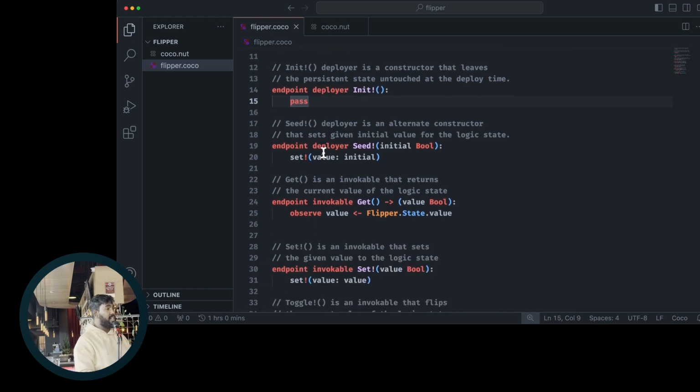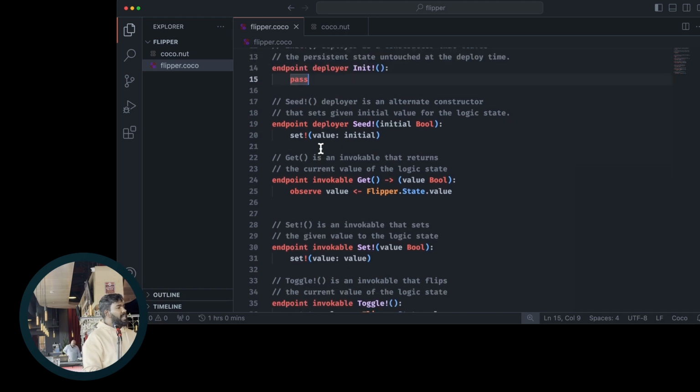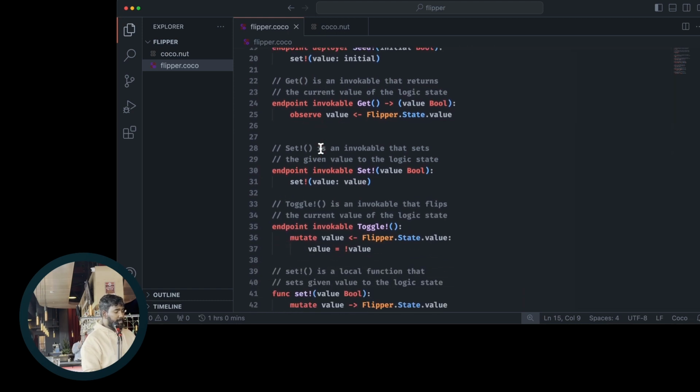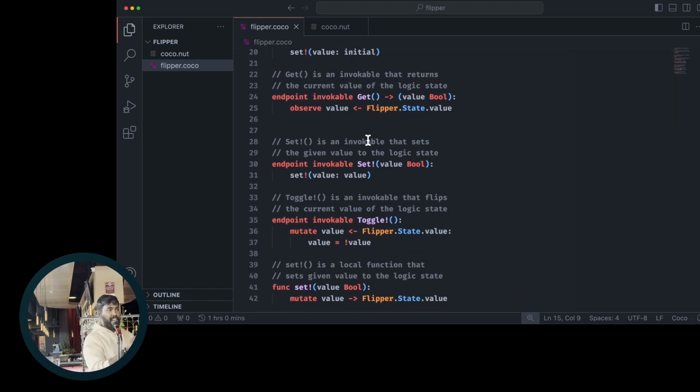You do need at least one constructor, but Coco also supports multiple constructors. So something like a Led Zeppelin contract. Led Zeppelin can write a whole huge contract where they have multiple constructors, and when you're deploying that, you can use the one that you want, with whatever suits your purpose. This is a commonly requested feature in Solidity for people to have multiple constructors, and this is actually possible with Coco. And if, let's say, I want to read the value from the state, right?